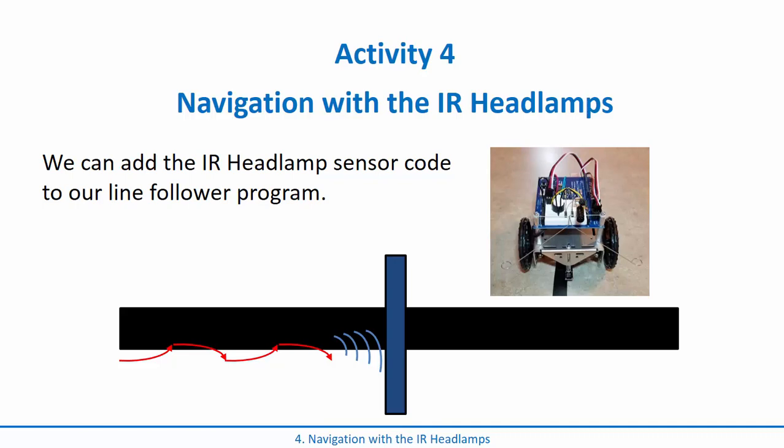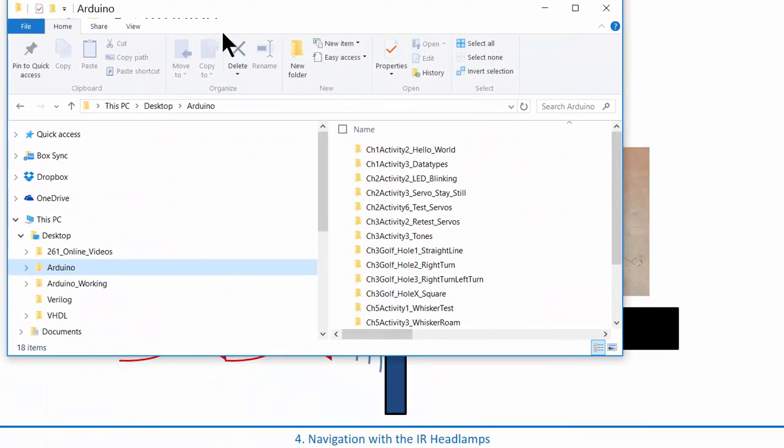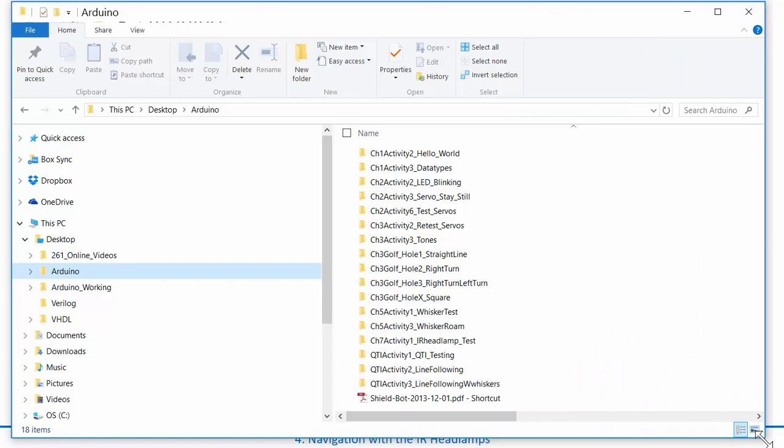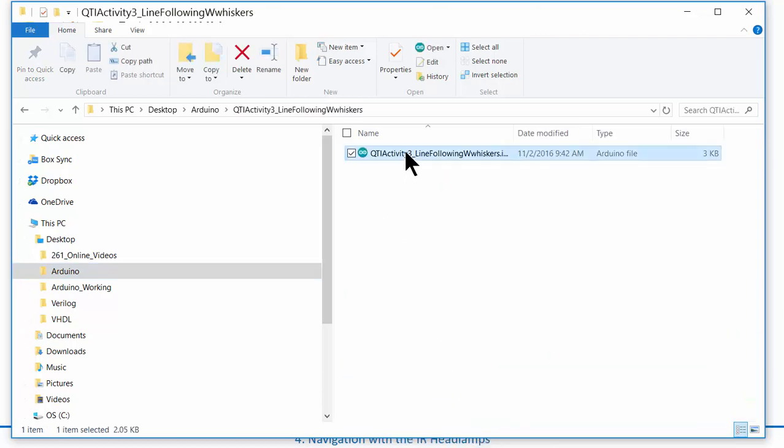Okay, so what we want to do is go into our working directory, and think about which of these programs was working. Now this is where it's very important to save all your work. So if you think back, we did QTI activity 3 line following whiskers, and so if I start this sketch right here,